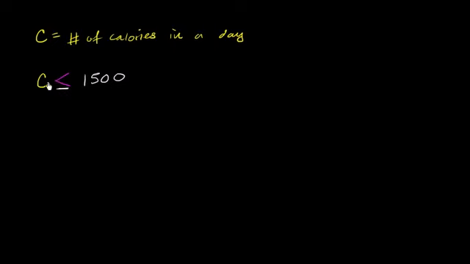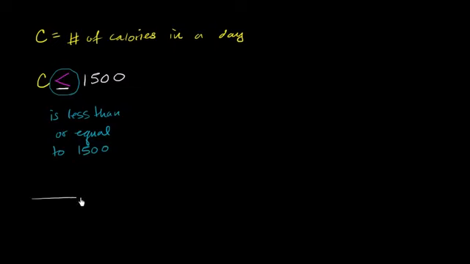So this symbol right over here is saying that C is less than or equal to 1,500 calories. So now 1,500 would be a completely legitimate C, a completely legitimate number of calories to have in a day. And if we wanted to visualize this on a number line, the way we would think about it,